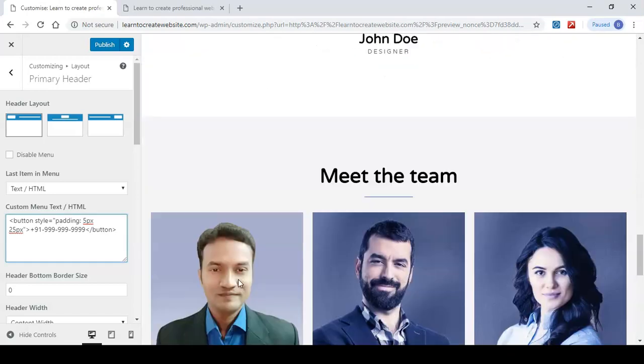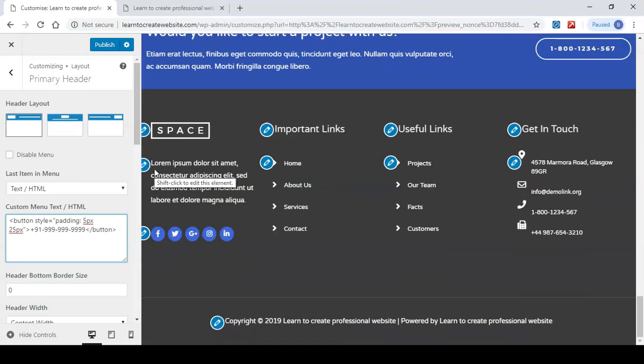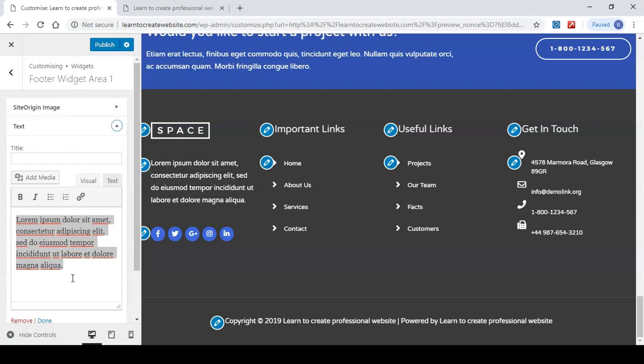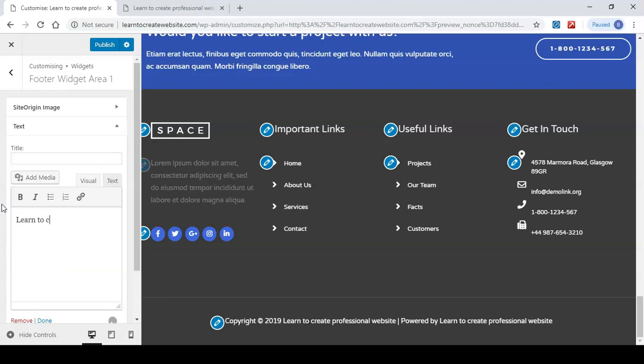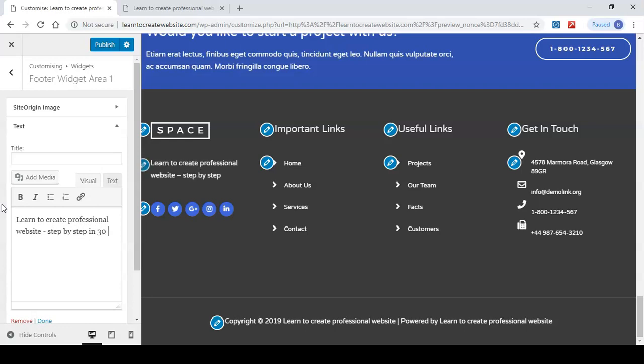So let's say if you want to change this text in footer, just click this blue icon and start typing anything you want. Learn to create professional website step by step in 30 minutes. Suppose if you want to change the social media links, click on this blue icon.